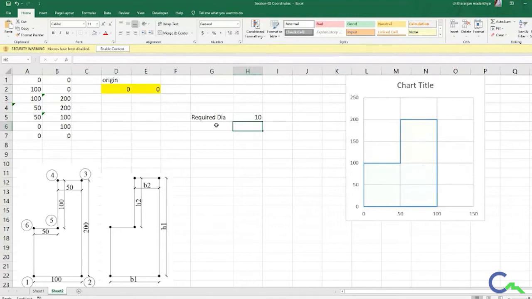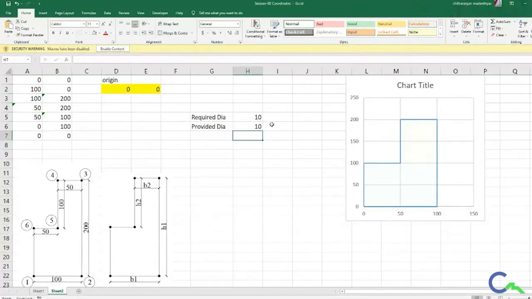One more thing, we will be having provided dia. So required dia is 10 mm. Suppose we have provided dia, and provided dia is also 10 mm. Each time, instead of giving 10 mm here, I will be knowing which are the standard sizes of the reinforcement.